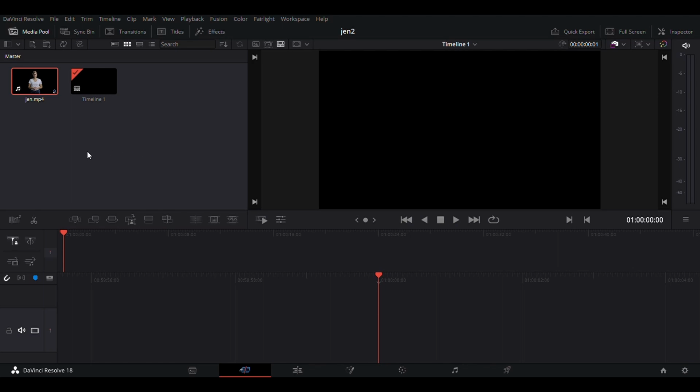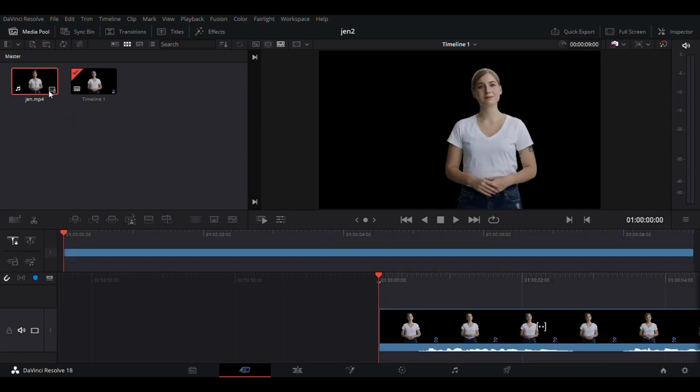This is how you take an avatar or a video of yourself and make a transparent background so you can drop this onto your timeline and put an avatar onto your video. So what you want to do is drop her on the timeline in the cut page,